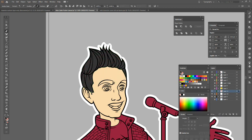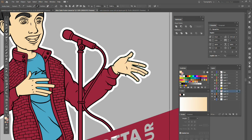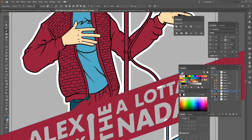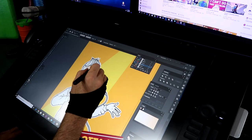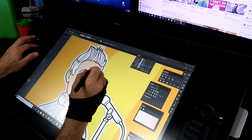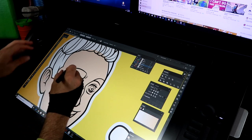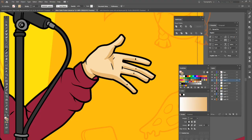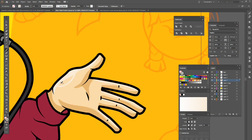Now, I used to import all this into Photoshop and do all my coloring in Photoshop, but that was before I discovered the blob tool in Illustrator, which is just an amazing tool for coloring. So what I do is I start off by doing all my flat colors. I'll fill in all the solid colors, and then I'll pick a slightly darker version of that color and a slightly lighter version of that color,